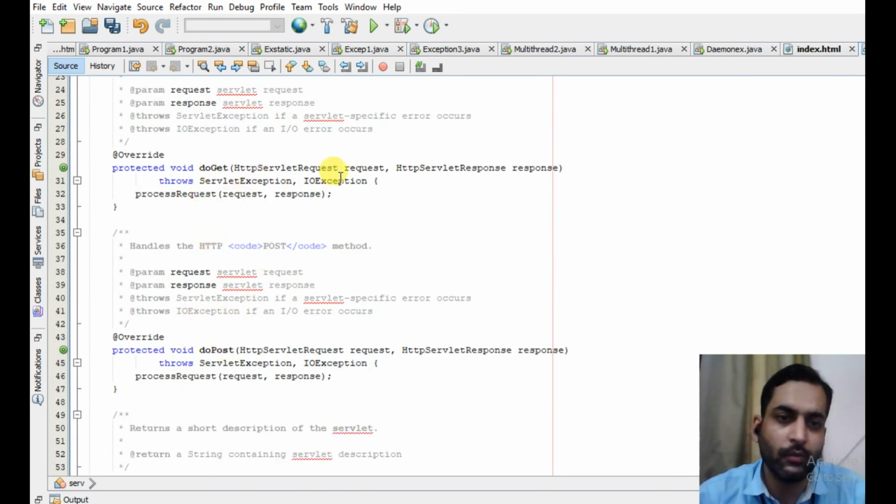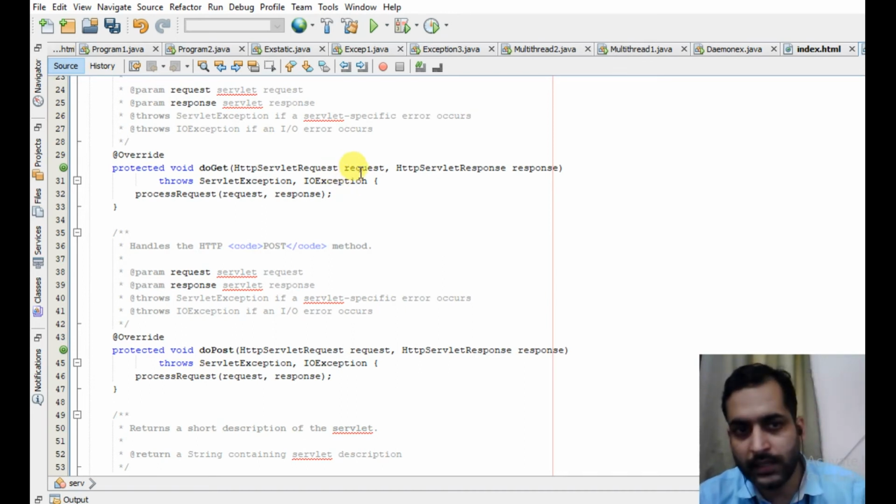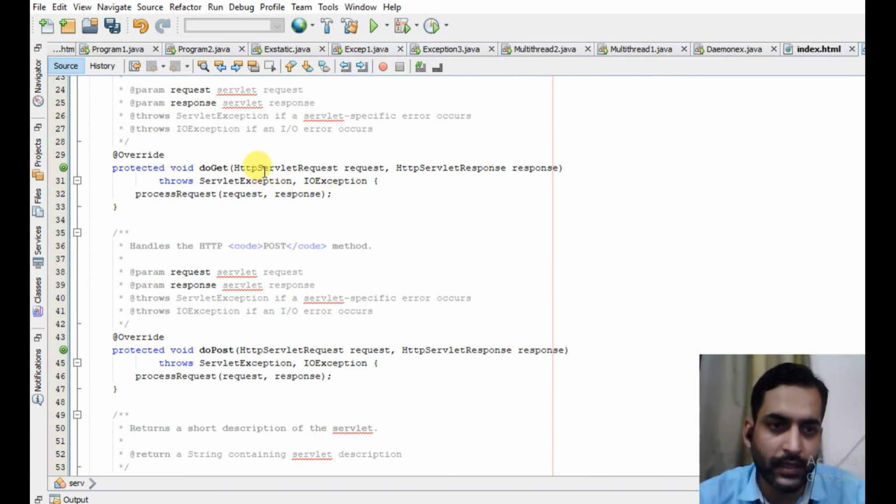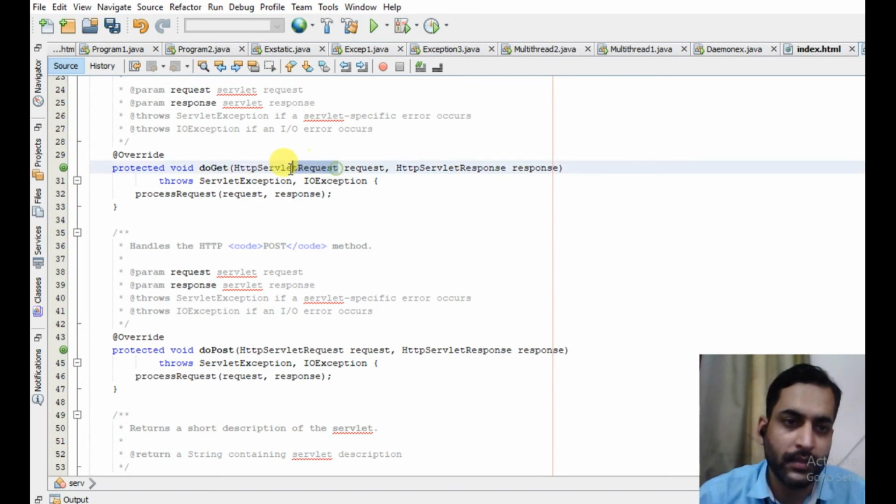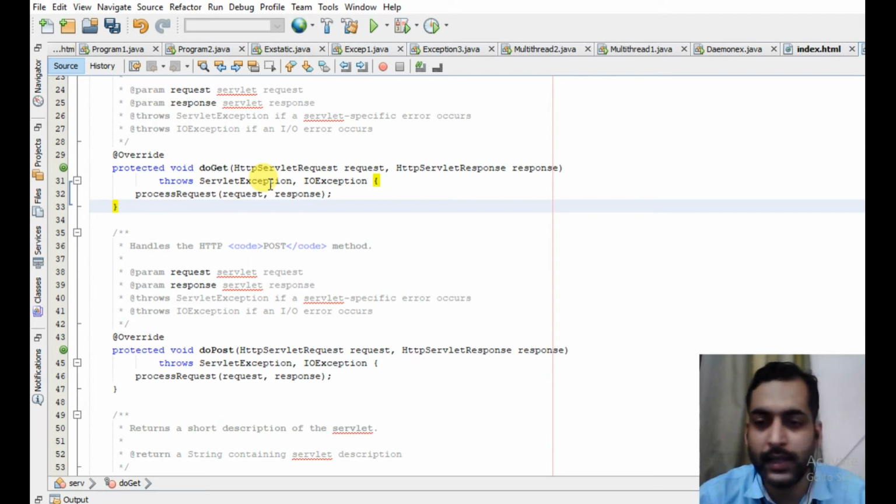The signature is almost similar as the signature of service method. In service method we use the service request class, and in do get method we are using HTTP servlet request, since it is the HTTP method, since we are using the HTTP servlet. So we are simply adding the HTTP with servlet.